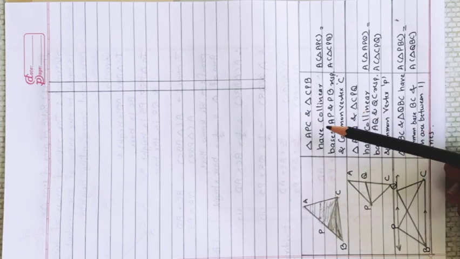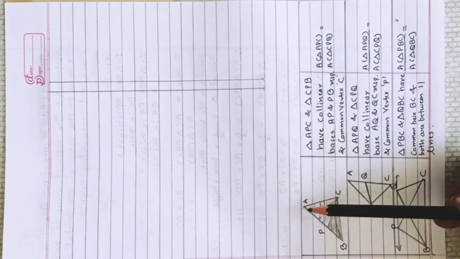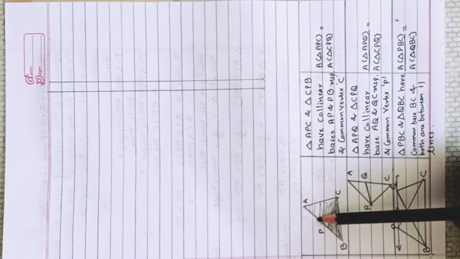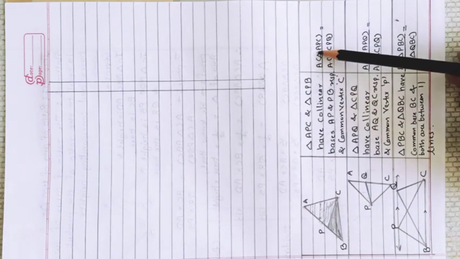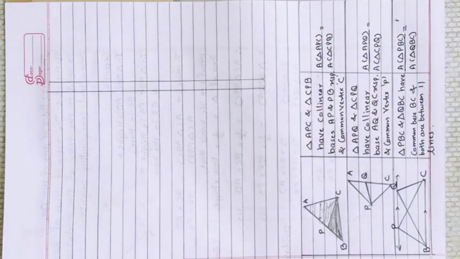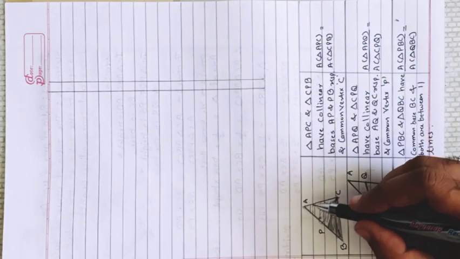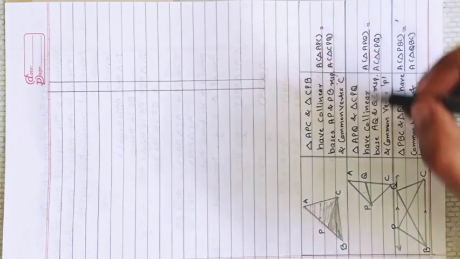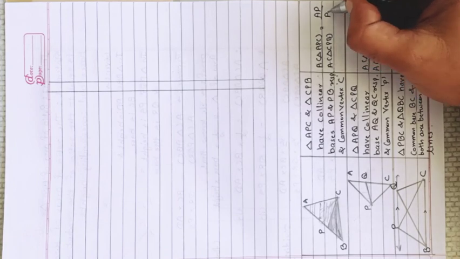Now, ratios of areas of triangles, that is theorem 1. It states that the ratio of areas of triangles is equal to the ratio of the product of their base and corresponding height. As they have a common height, it will get cancelled, so the ratio of areas of two triangles will be equal to the ratio of their corresponding bases. So as height is the same, you can write area of triangle APC upon area of triangle CPB equal to AP upon PB.